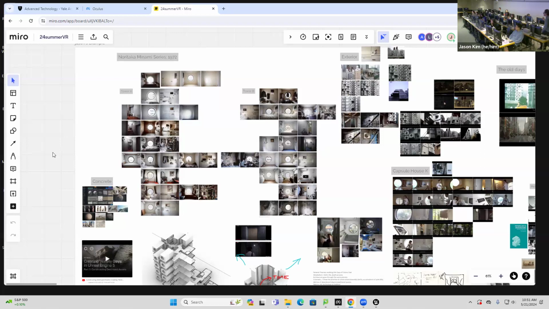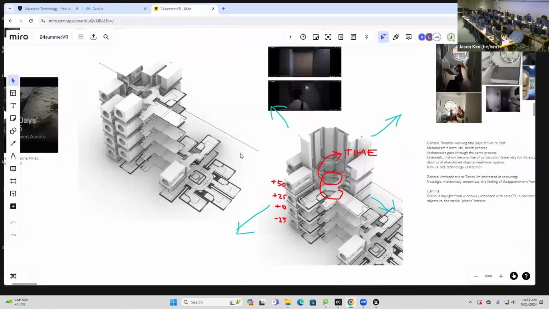Okay? So the design part of it is designing the experience that a person will have inside of your space. And so these are kind of like my first attempts at,